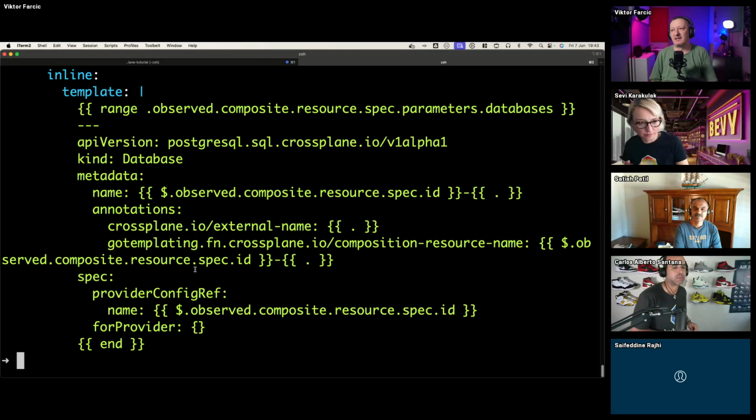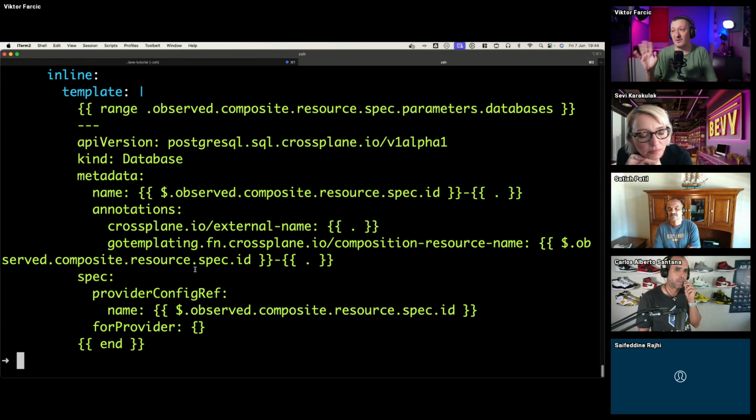Yeah, exactly. So there are many functions that basically enable you to use your favorite language, like in this case, Go templating, same as Helm templating. There are some other functions that do some funky stuff. For example, one that you might be interested in, Carlos, is a function that will calculate CIDRs,